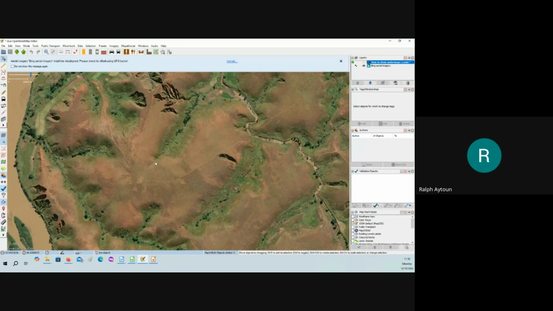Now here, it's very clear. The waterway starts here and flows down that way. The waterway starts here and flows down that way. This waterway flows down that way. And this is the ridge of the hill or mountain. The waterway should not go over the top and back down. And if it's all running along the ridge or across the contouring, then that is a road, it's not a waterway.